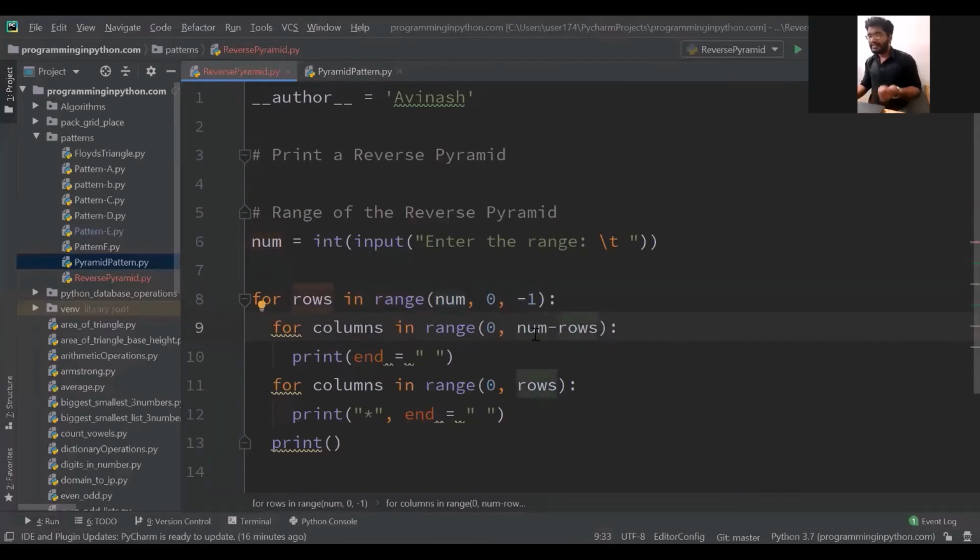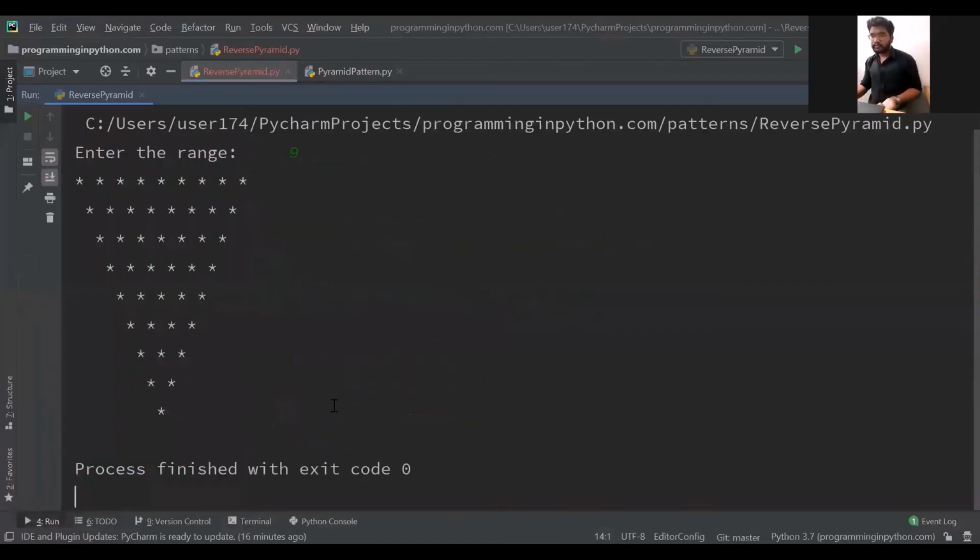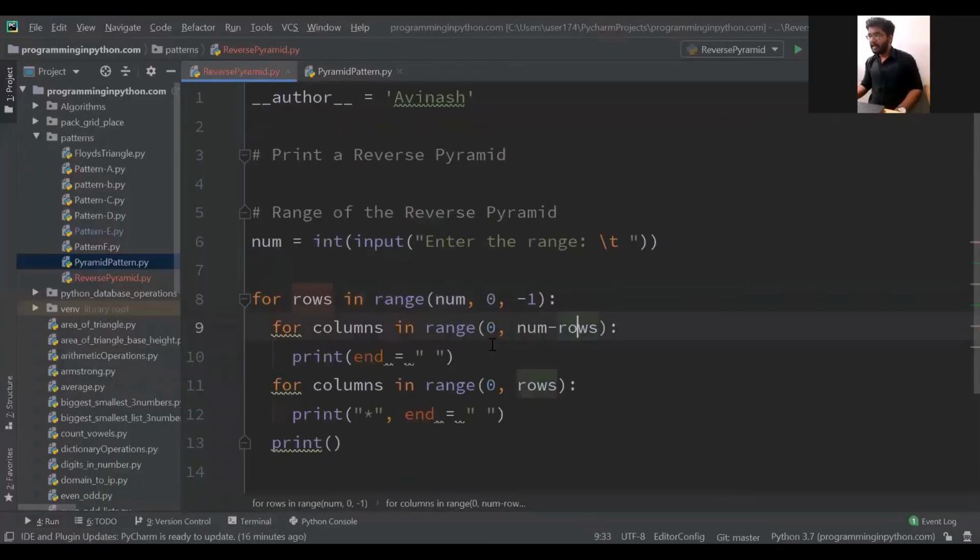In the first iteration it will be 5 minus 5, which is 0. The second iteration will be 1. Similarly, as I showed you in the whiteboard, it will be 0, 1, 2, 3 spaces. This is the loop for the spaces, and this is the loop for printing stars.